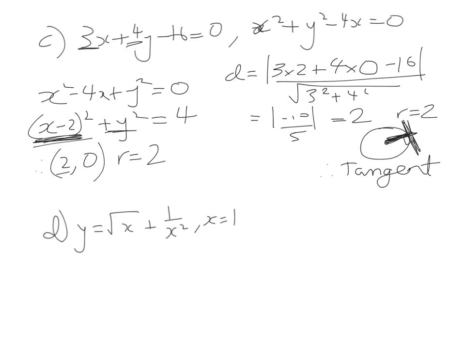If the distance there would be more than 2 or less than 2, it wouldn't be a tangent because it wouldn't equal the radius. Now the other way to do it would be simultaneous equations, where you could rearrange the straight line to let y equal negative 3x divided by 4, and positive 16 divided by 4, which gives you 4, and you sub that in